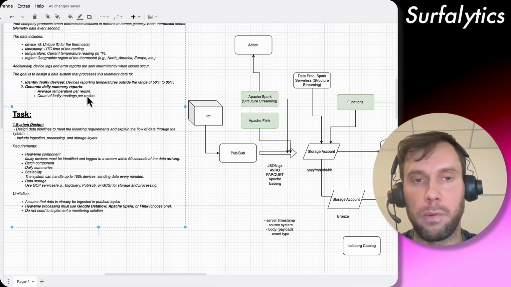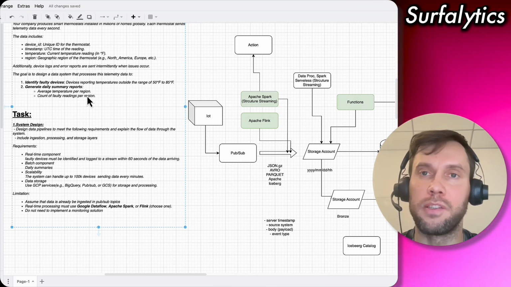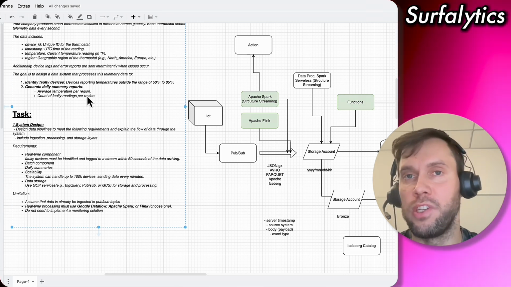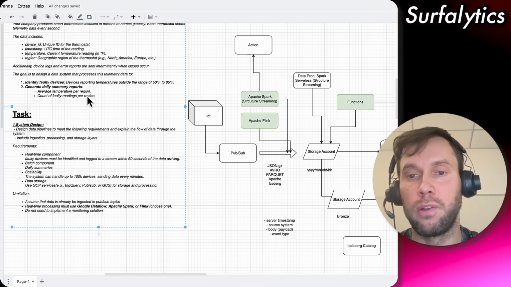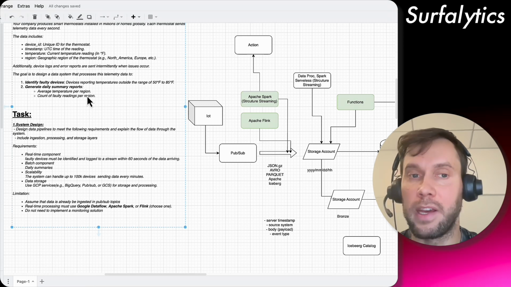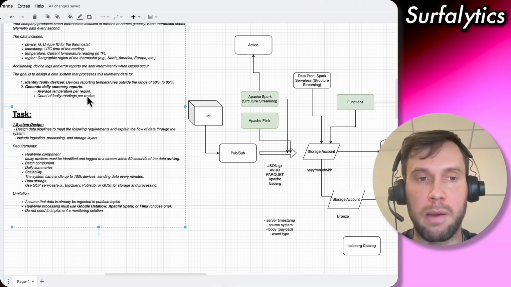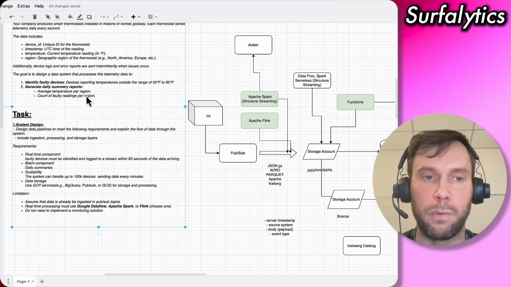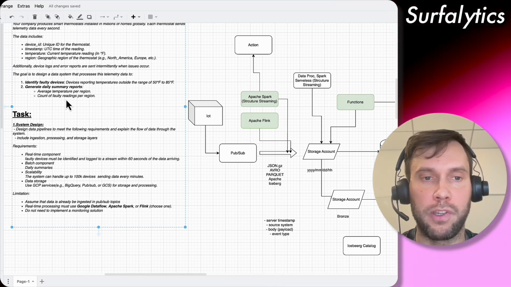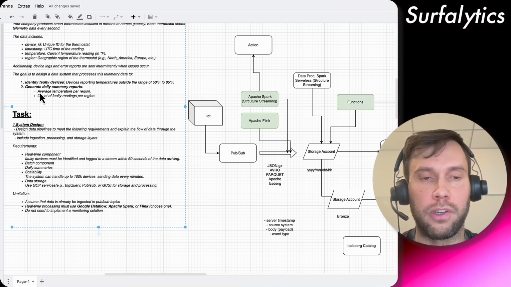That's why we want to agree with the business users, can we just look at maybe the last 30 days of data by default? Then I can have the partition by day, and at the same time by region. And then we calculate our metrics, average temperature and faulty readings.